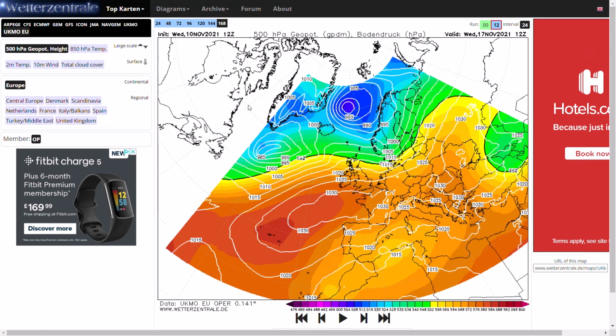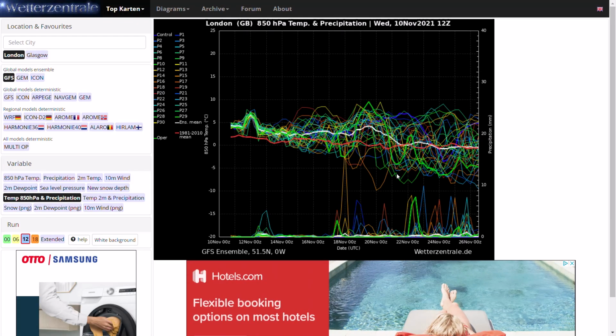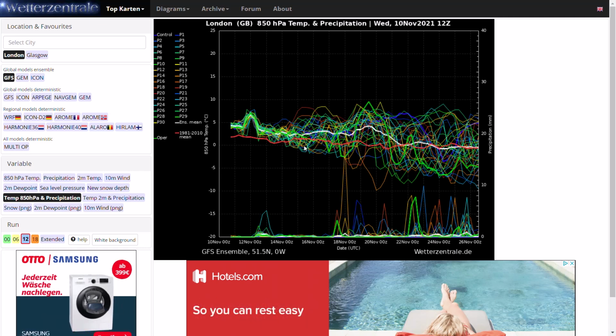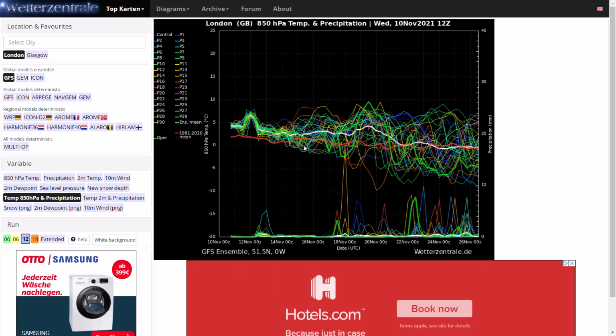Now, if we have a look at the GFS Ensembles, you can see there is still a lot of scatter. Generally, things do look quite mild up until around the 20th of November. The next 7 to 10 days look generally a couple of degrees above average, but of course, we have that higher pressure towards the end of this weekend, or early next week. We're going to have an inversion, so even though upper air temperature is quite warm, it's going to feel a little bit cold on the surface. And of course, further northwards, close to low pressure systems, there will be some colder air mixed in, so temperatures will be down. The one consistent signal we've had over the last few days is precipitation is going to be